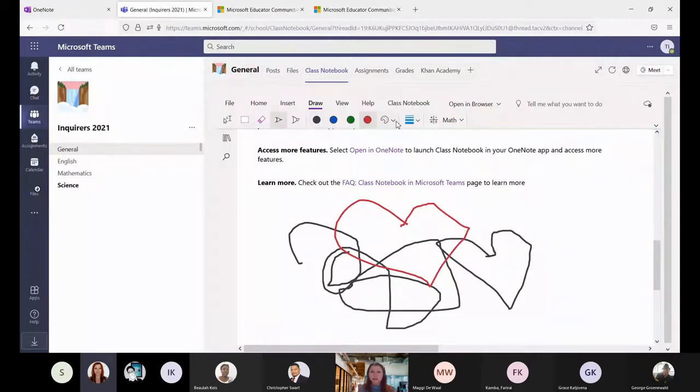And all of the different formatting options, colors, lines, what have you. This is also great for brainstorming. So if you have a project for the students, the draw for brainstorming is really fantastic. Next to that, we have